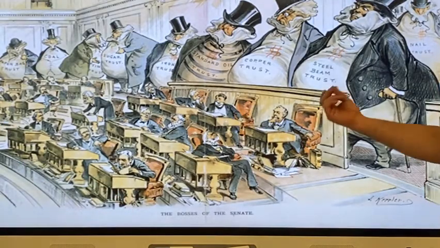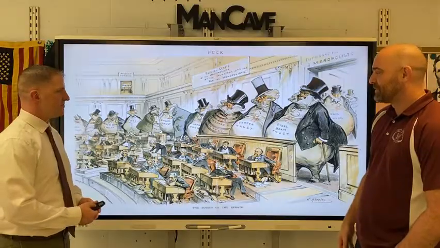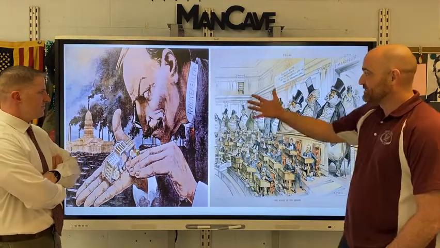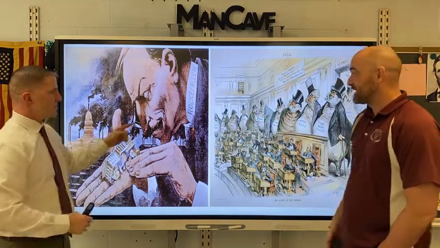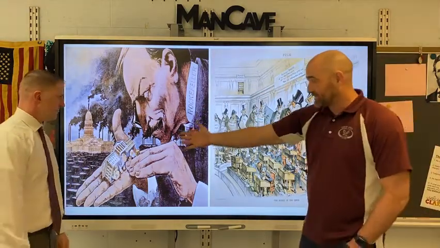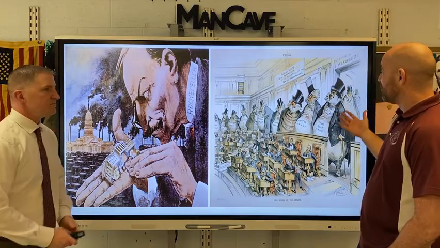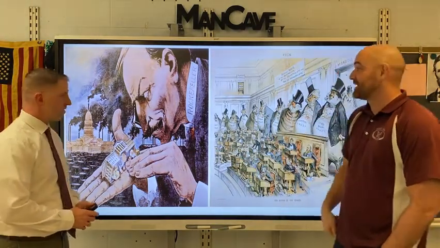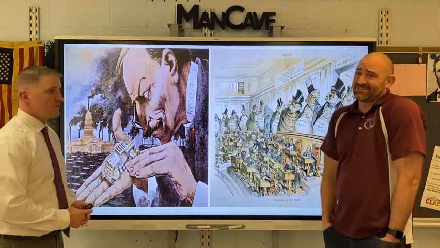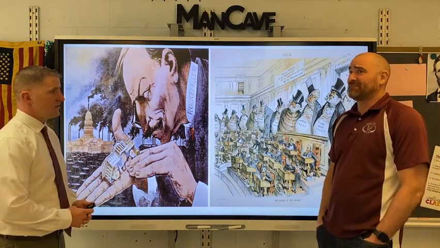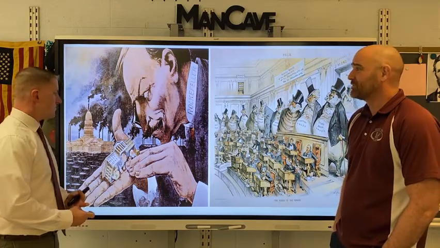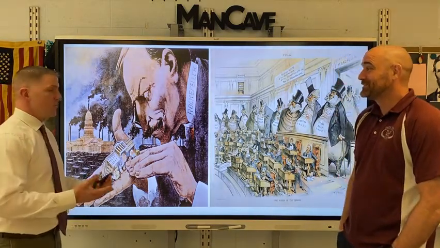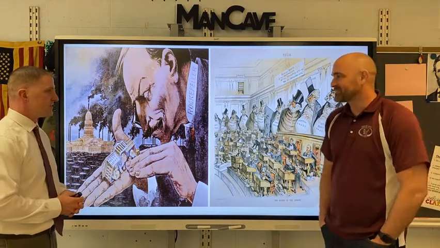If we look at these side by side now, I'm thinking similar. Absolutely similar. We've got size representing wealth, power, and greed. Size and size. We've got government buildings, and the control that the wealthy individuals in society have over our government at this time. If the rich have power over the government, what type of laws do you think they're going to be making? The ones that benefit them. Laws that benefit themselves, not us.